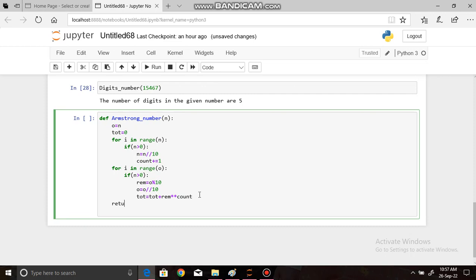Return, we have to check whether it is an Armstrong number or not. Return, okay, I'll write an if statement here. If the total value, what you have got after doing this sum, is equal to